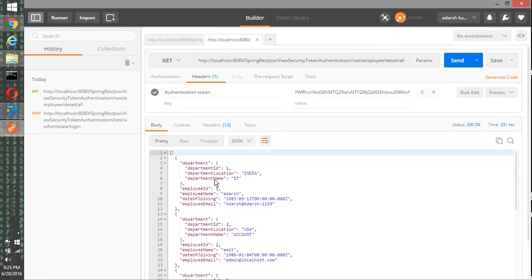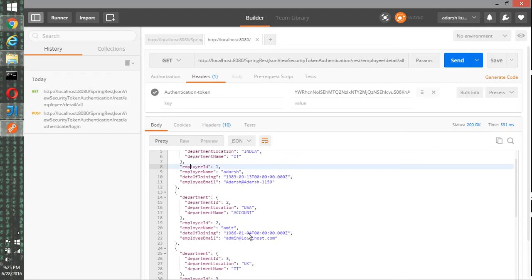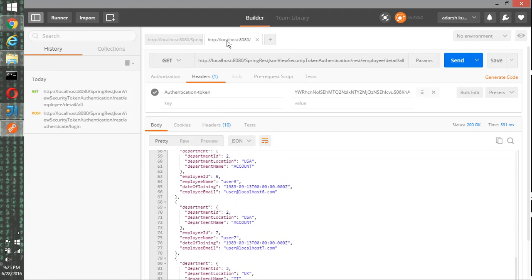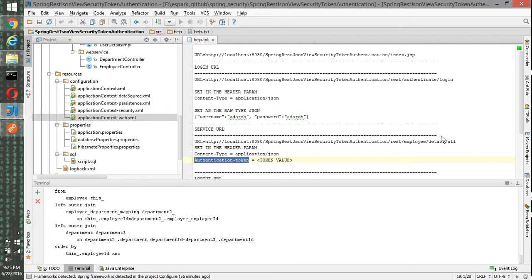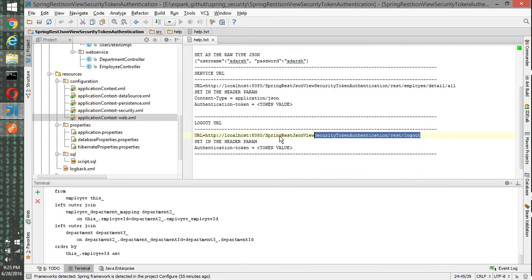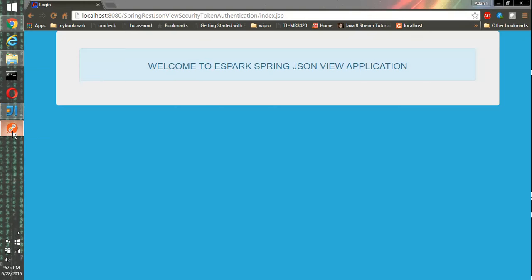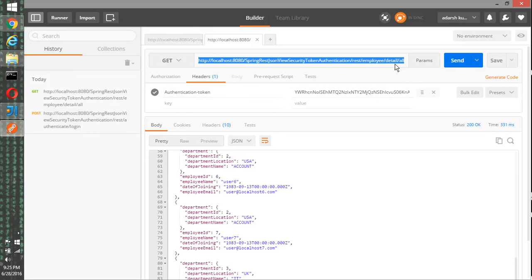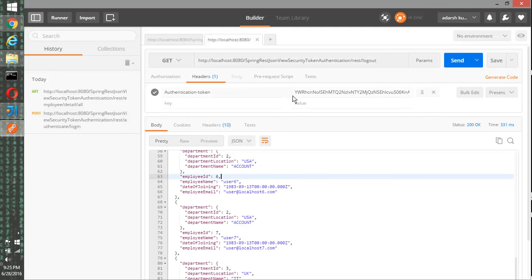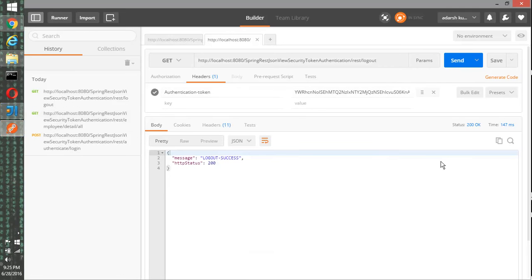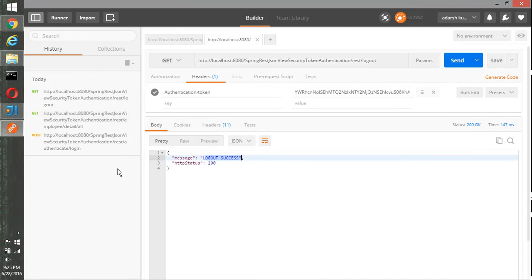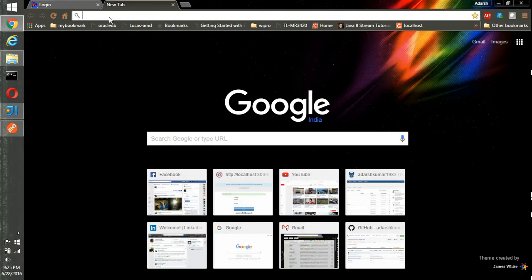So here I am getting the department employee information. And if I hit the logout, because I can use the same token, it says logout successful. So folks, that's how we can do this type of customization for the JSON view.